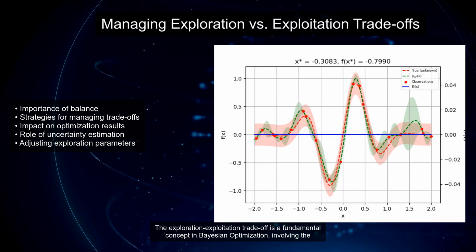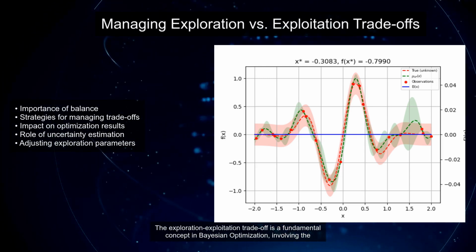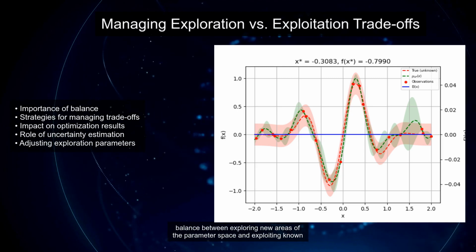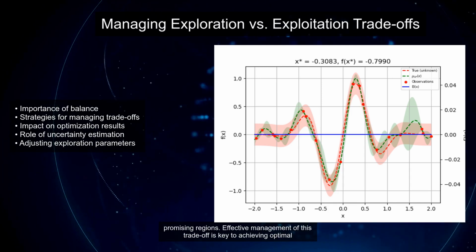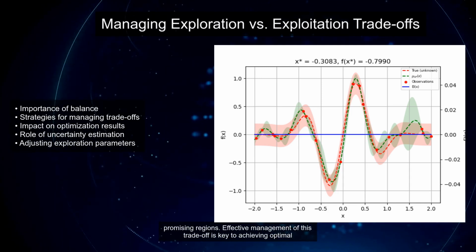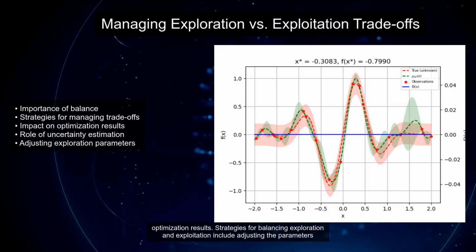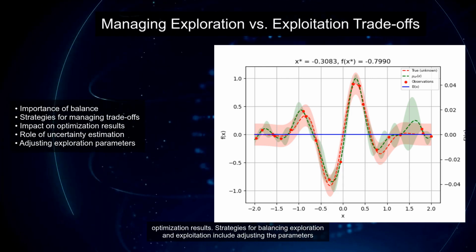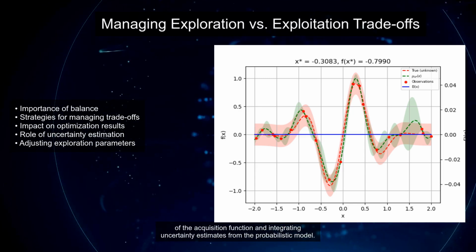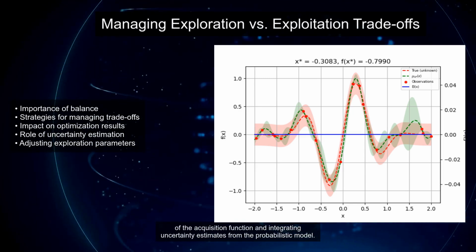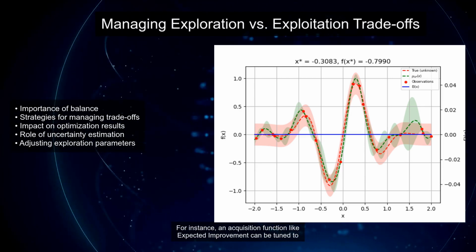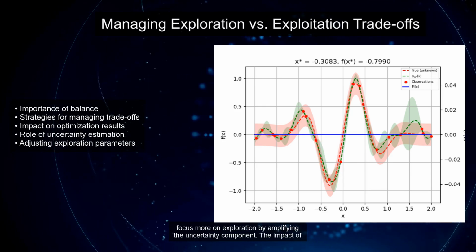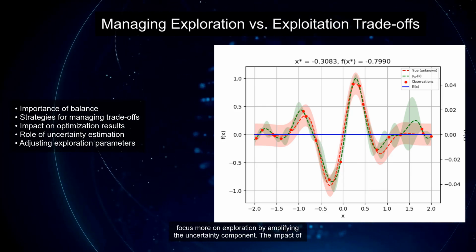The exploration-exploitation trade-off is a fundamental concept in Bayesian optimization, involving the balance between exploring new areas of the parameter space and exploiting known promising regions. Effective management of this trade-off is key to achieving optimal optimization results. Strategies for balancing exploration and exploitation include adjusting the parameters of the acquisition function and integrating uncertainty estimates from the probabilistic model. For instance, an acquisition function like expected improvement can be tuned to focus more on exploration by amplifying